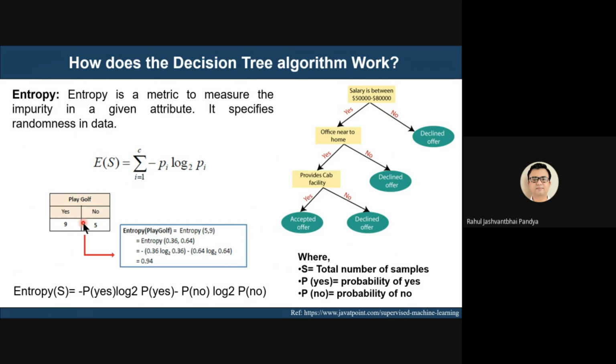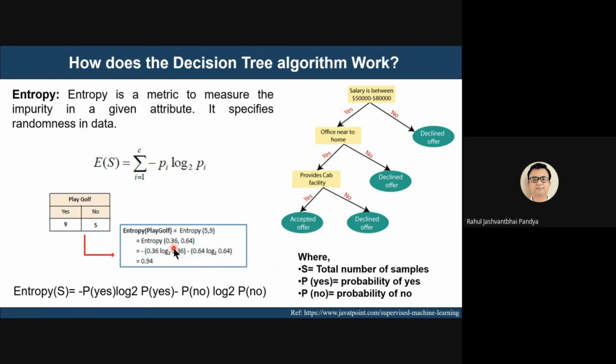So I say yes 9 times, no 5 times, right? Yes for 9 times and 5 times for no. So 5, 9. So entropy is given as, let's say, 0.36 is the probability of saying no, and 0.64 is the probability of saying yes. So P yes is the probability of saying yes, which is 0.64, and P no is the probability of no,